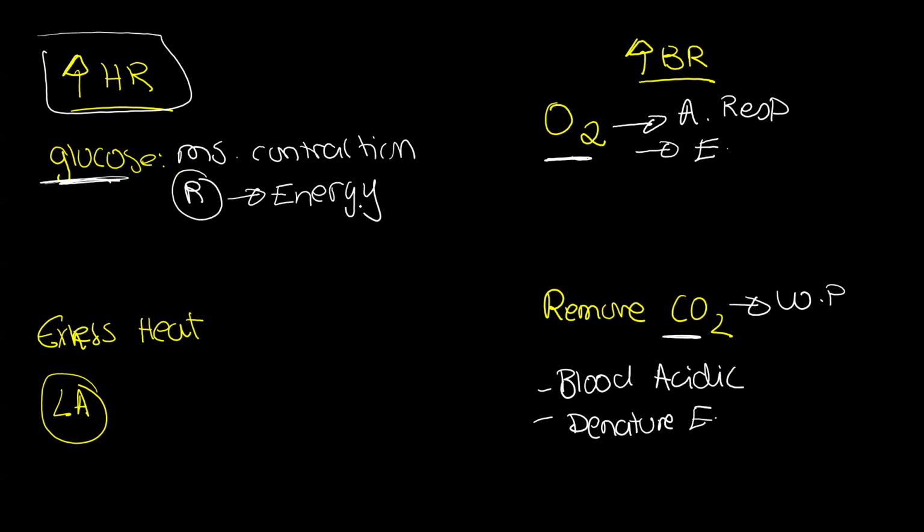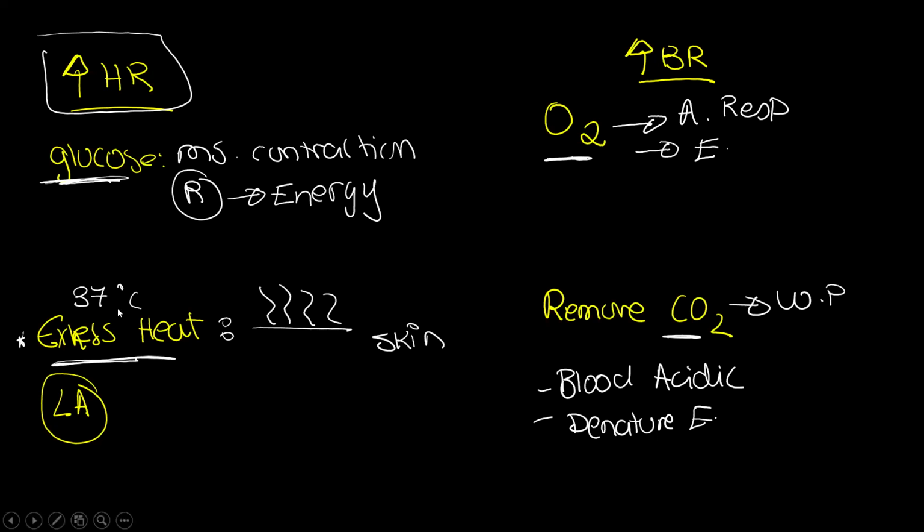And also I need to increase my heart rate to remove the excess heat. The heat is generated from the core, from my body, from my inside. I will take this excess heat to the surface of the skin, and this heat will radiate out of the skin, and my sweat glands will become active, so I sweat, and when the water evaporates, my body will cool down, so that my body temperature does not exceed 37 degrees.